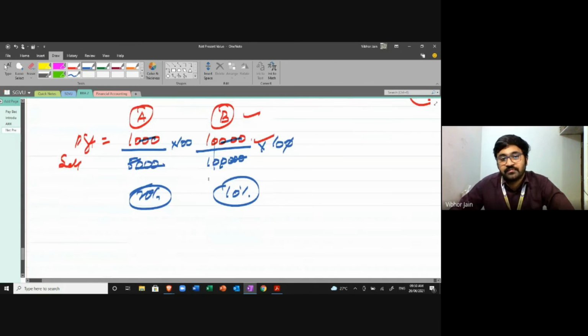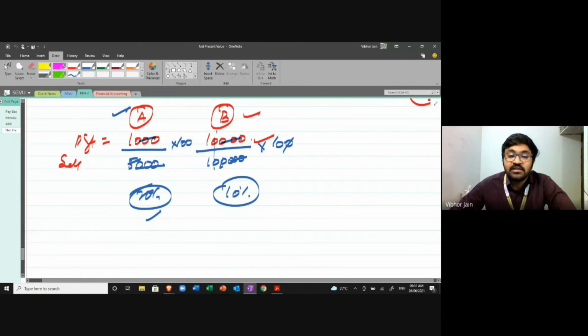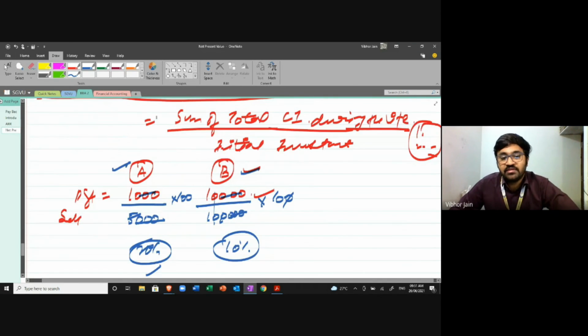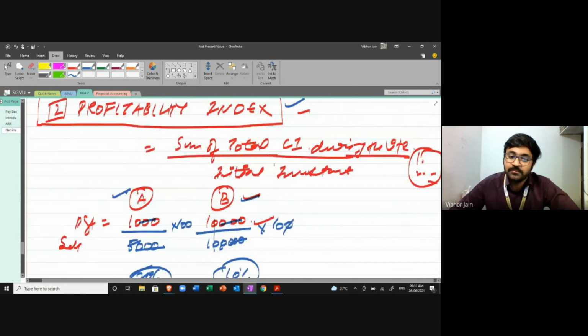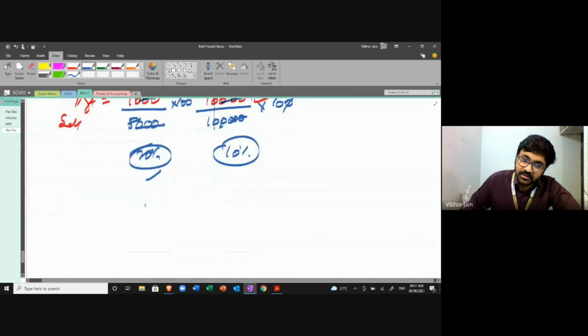You'd say, no sir, company B is not the better company. Company A is the better company because they have a higher margin as compared to company B. They have a margin of 20%. So that company is performing better. So this is the same logic that we are calculating profitability index, because if we compare two projects, A and B,